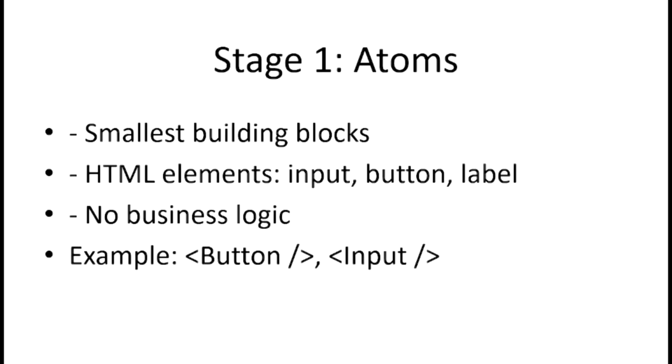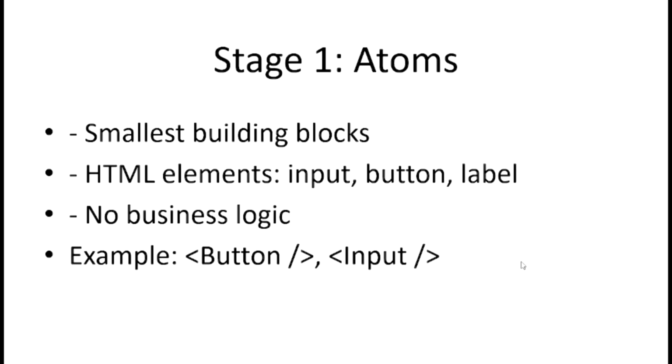So let's first understand what atoms are. It is the first stage of atomic design. Atoms are the smallest functional UI parts like buttons, inputs or labels. For example, you can see we write a button tag like this, and then we can also use an input in our HTML code. They don't have any logic or behavior, they are just visual. Button, input and labels are just used as visuals, unless you add any function or event to them.